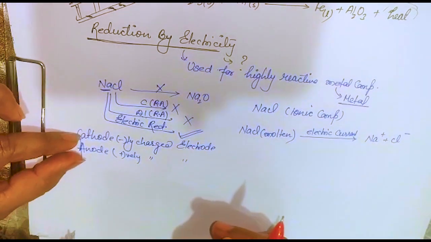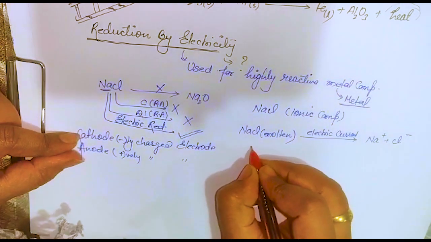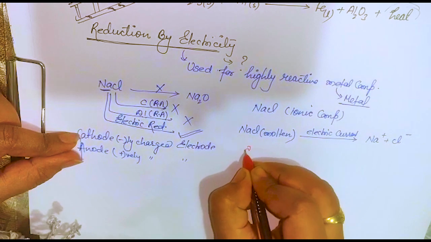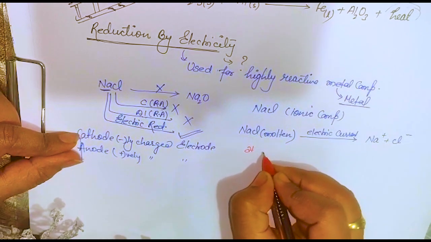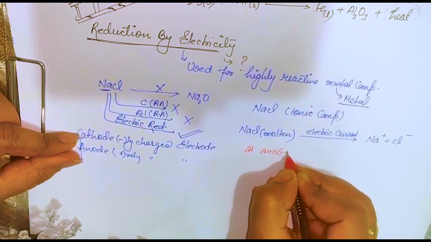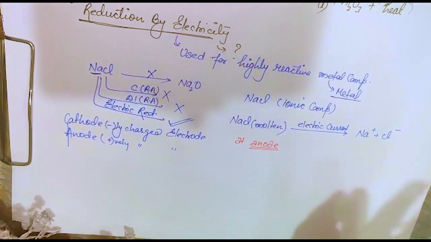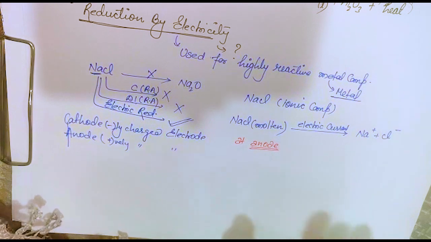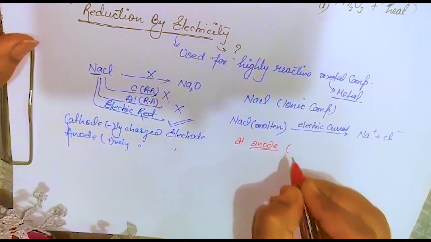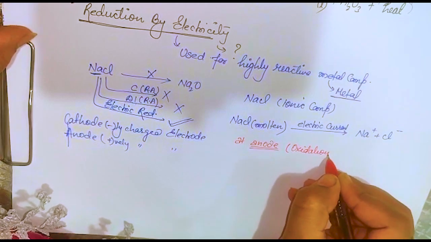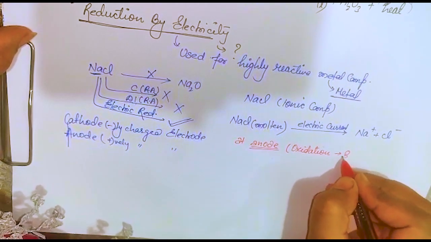So there are two electrodes, that means at cathode and at anode, the reaction will be there. So at first we will do anode. Okay, at anode, what will happen? Whenever we talk about anode, it is a thumb rule that you have to learn: anode, that means always oxidation. Okay, and oxidation, that means always gain of electron.